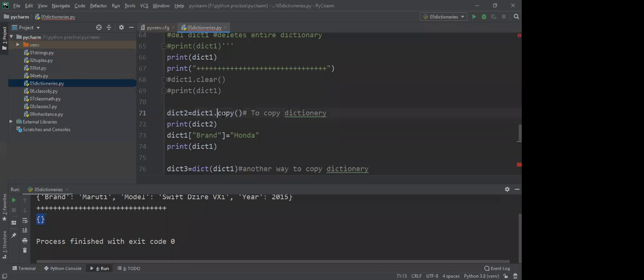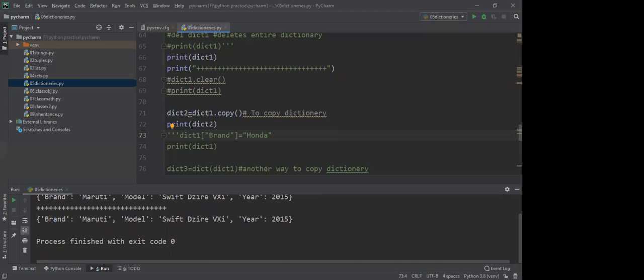There was a power cut. Due to a charging issue, I disabled my video. This copy function will copy dict1 into dict2, and if I print here, you will get it.